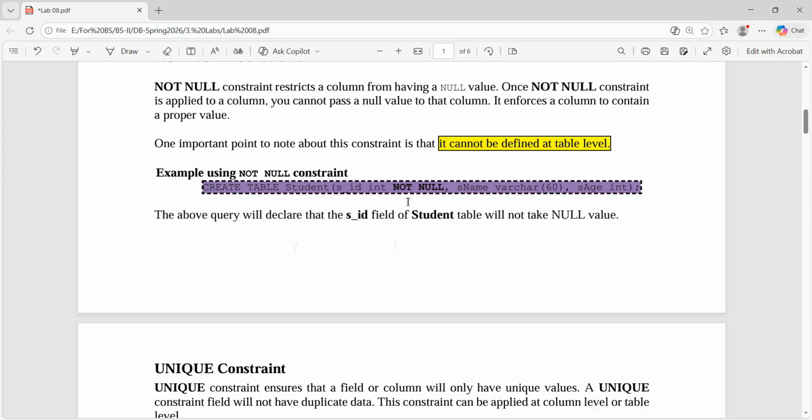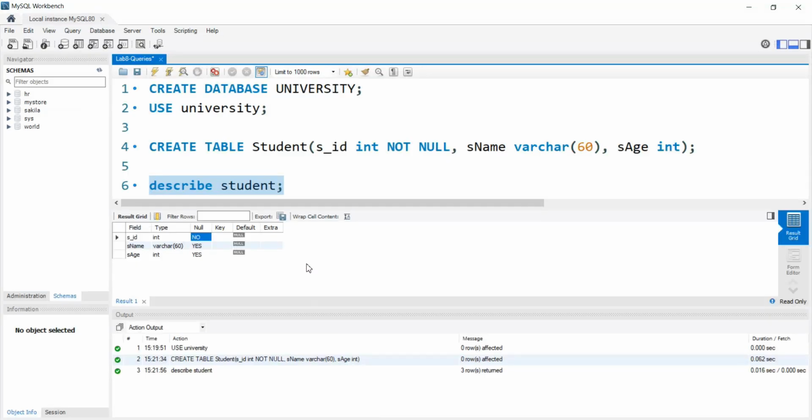But can we apply a not null constraint if the table is already created? The answer is yes. So I am going to describe here, if the table is already created, then how we can apply a not null constraint on any attribute. For that purpose, the alter command is used. So alter table is a keyword and the name of the table is student. Now the modify keyword will be used to apply a not null constraint on any attribute. So modify,